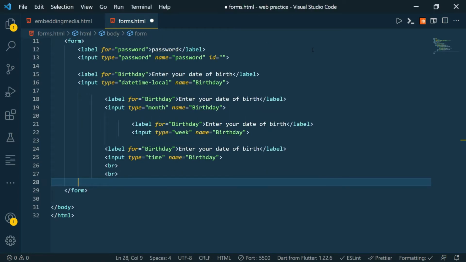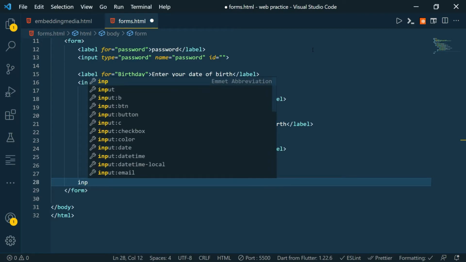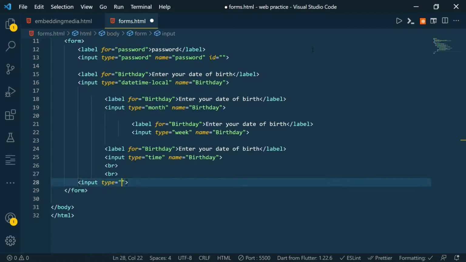The next type of input we can take apart from date and time is range. The range input field will have three attributes: its minimum value, which will be 0 in our case, and maximum value, which will be 5. It can be used to take ratings, and range has many applications, but it depends on your creativity where to use it. It will have a step attribute which specifies how many values each step represents.